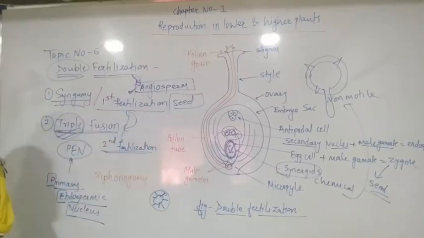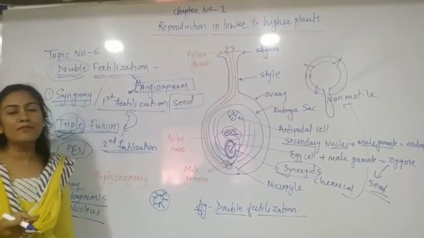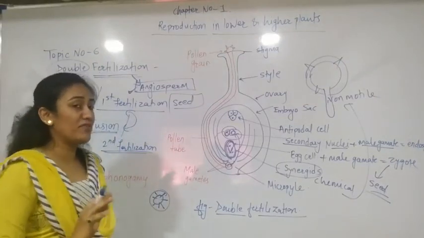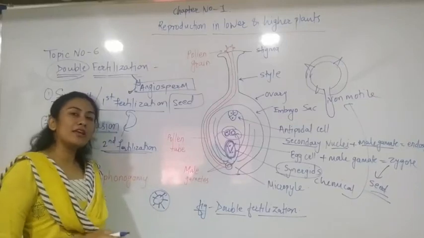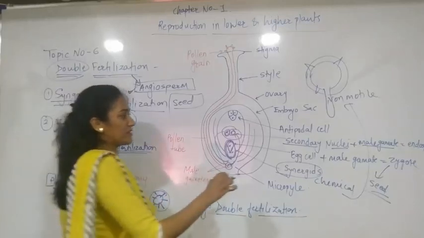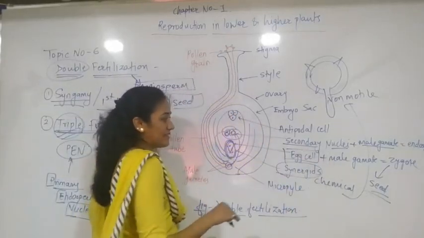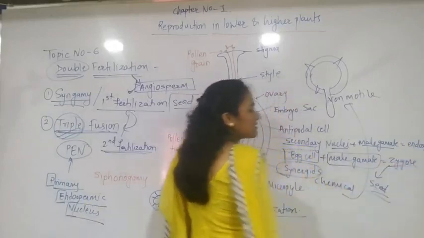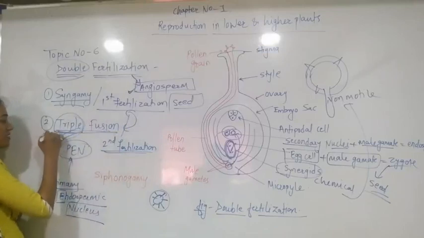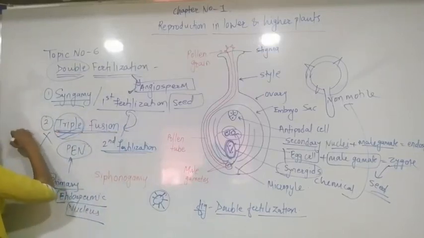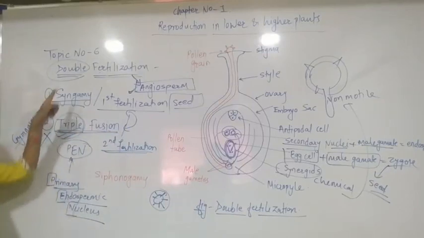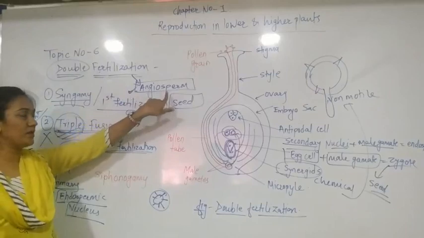So what happens in gymnosperms or thallophyta? Thallophyta and bryophyta are seedless plants. Even pteridophyta is seedless. Only the gymnosperms, we will talk about them. They are higher plants, but they don't have flowers and fruit. So what happens? In those plants, only the haploid egg cell and the haploid male gamete form the zygote. There it is called endosperm, and double fertilization or triple fusion is not taking place in the gymnosperm. That's why, as I told you in the first sentence, double fertilization is characteristic of angiosperms only.